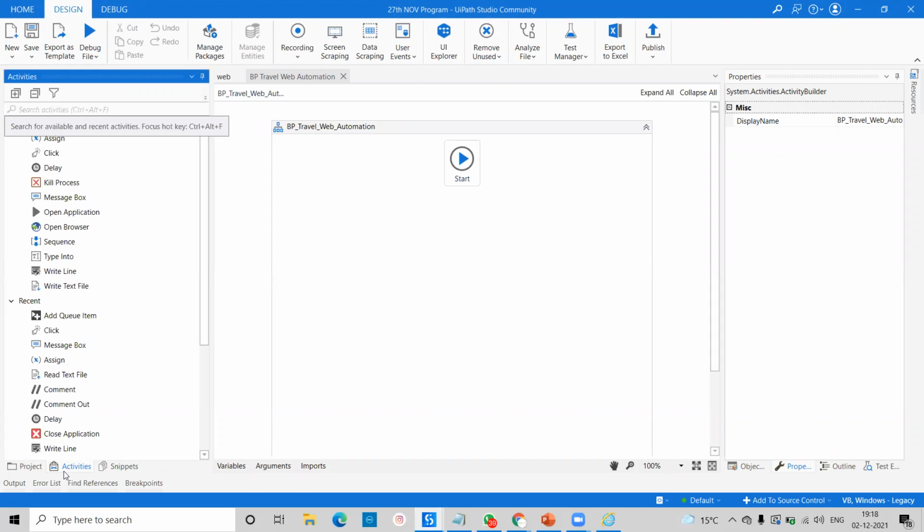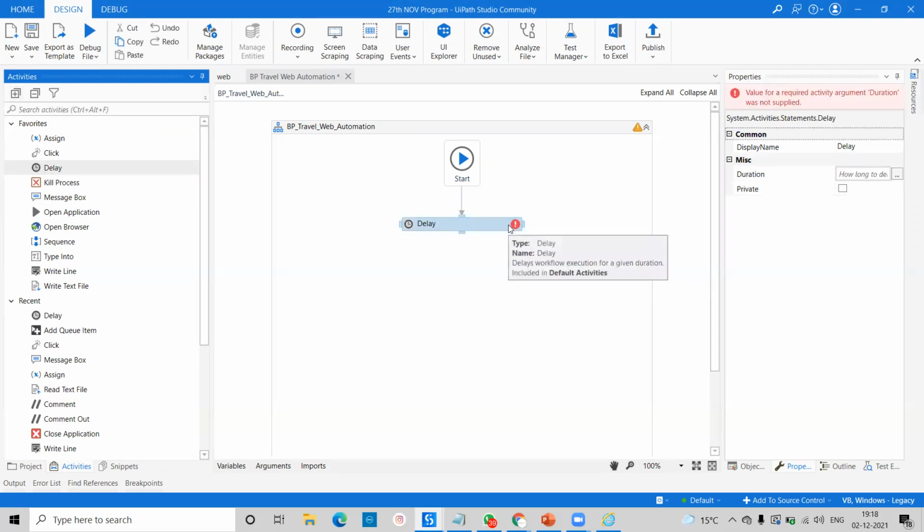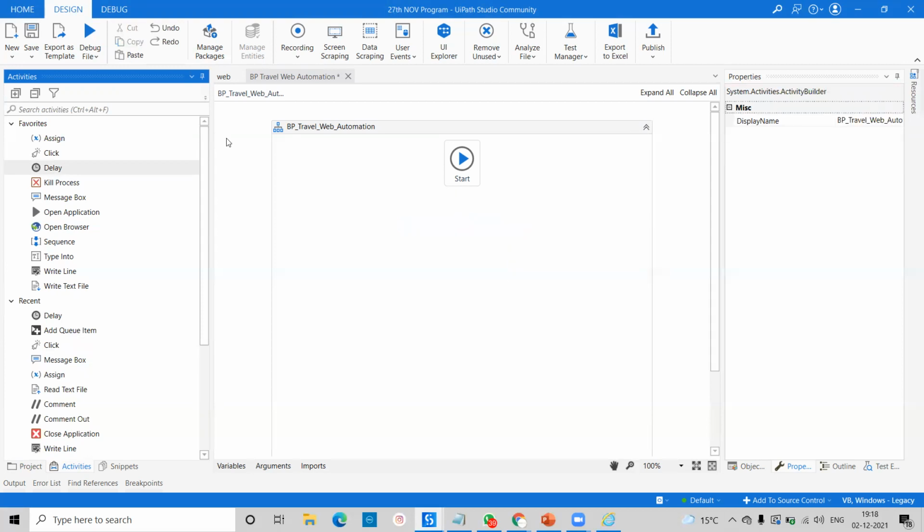In layman language, in Java and Python, everywhere we write code, and for everything we write some syntax. But here we do not have to do that. For example, in Java we write thread dot sleep for a delay. In RPA there is nothing called a simple delay. This is a drag and drop tool where you can connect activities one by one, and you are able to automate.